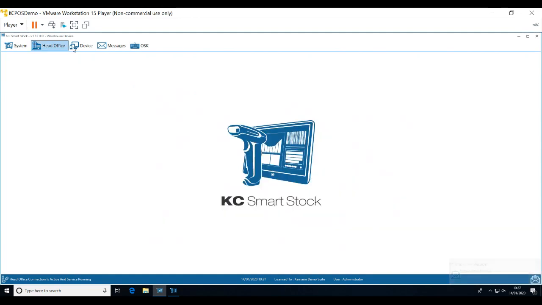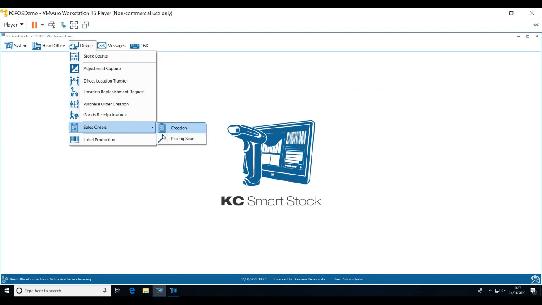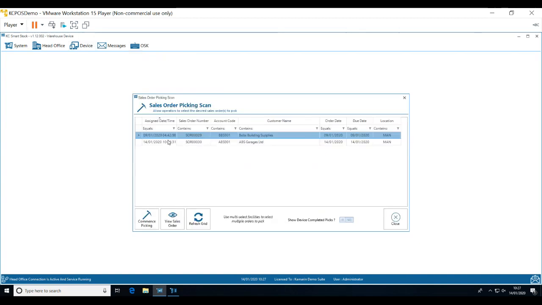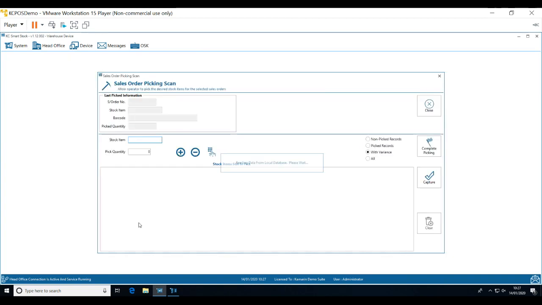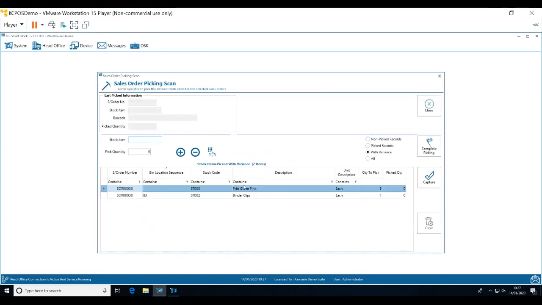So they can now, when they go into their pick and scan, this will now pull through. So again, the 14th of the 1st, they can see they've got 2 orders here for picking. You'll see how quickly this is passing through. It's really efficient and a really quick way to get orders through to your team. They can now commence picking. See, I only had a couple of items on here, but